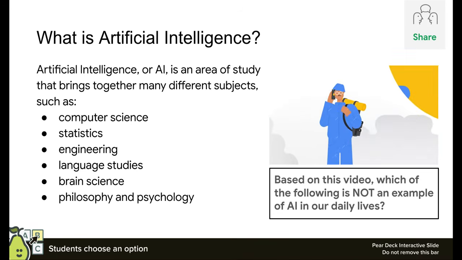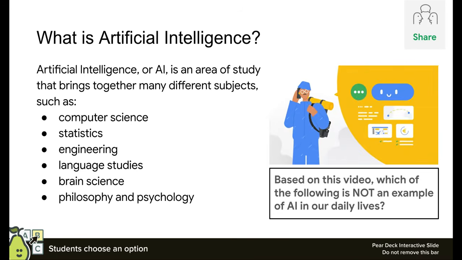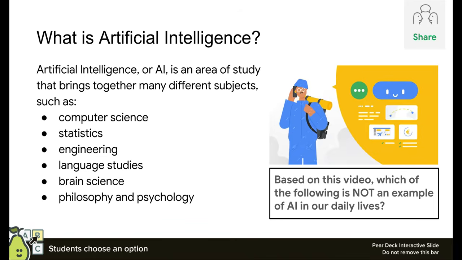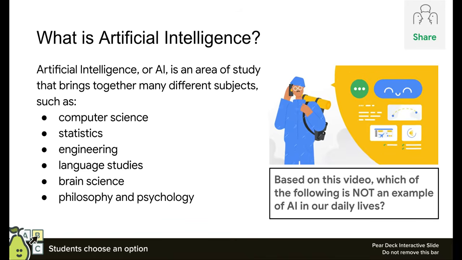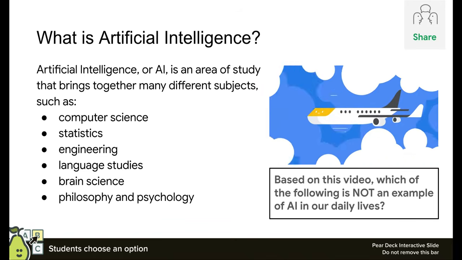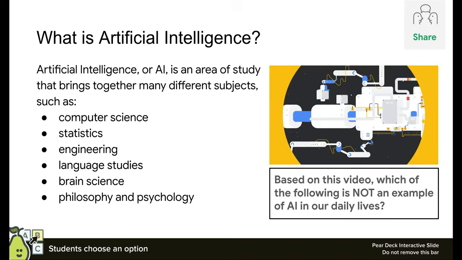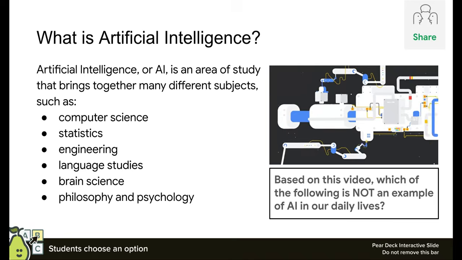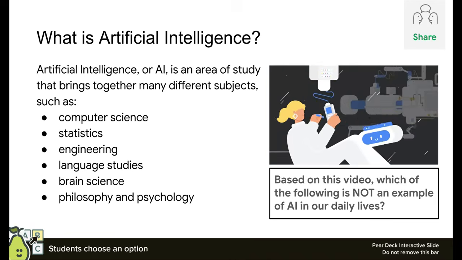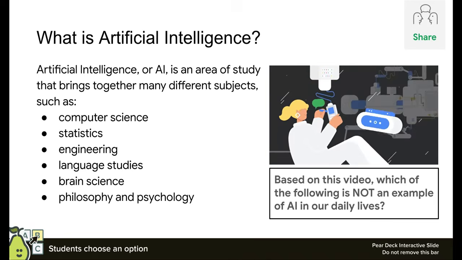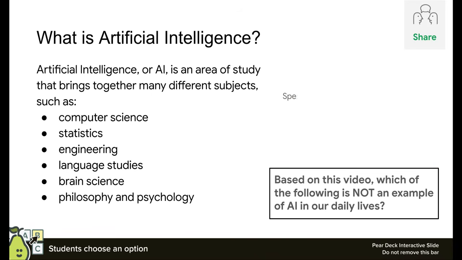In the meantime, a traveler needs to book a flight to another city. An automated customer service chatbot helps him book his ticket on the phone. Once he's on board, autopilot flies the plane for much of the flight. AI is even used in space. On the International Space Station, an astronaut talks to a free-floating robot that helps with chores and does jobs that are risky for humans. Now that you've learned about how other people use AI every day, think about how you